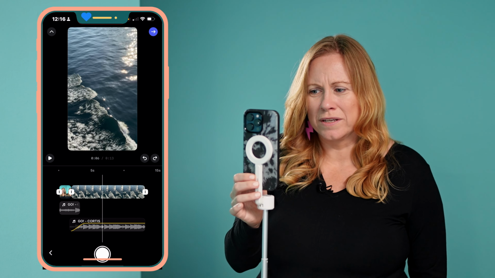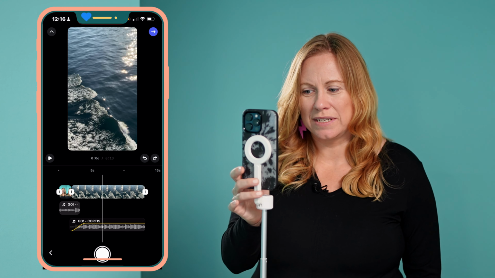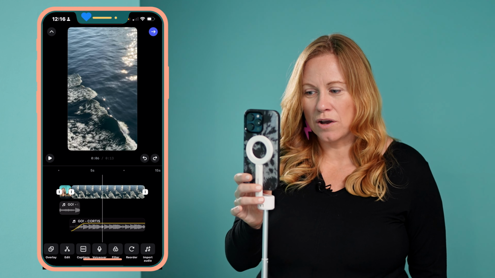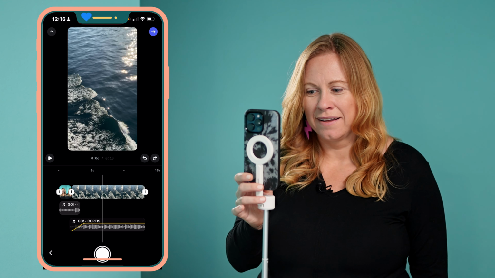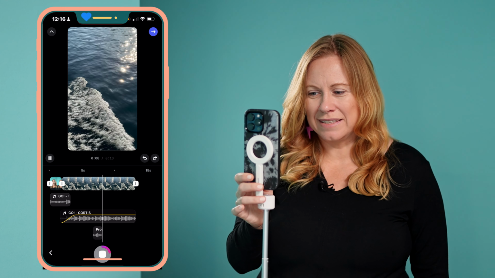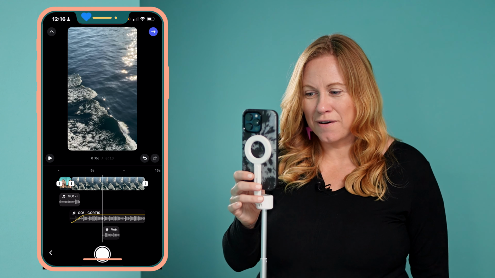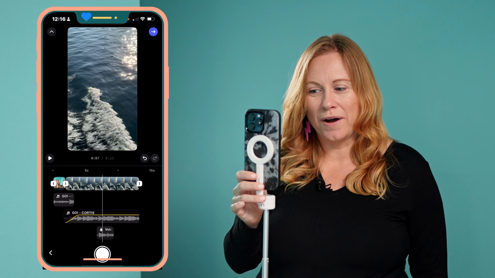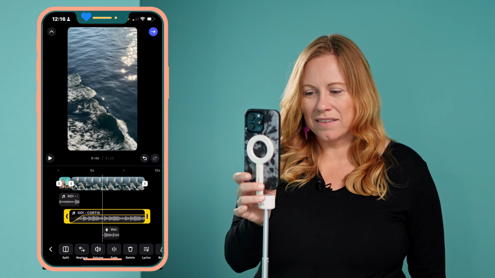Say I have a voiceover I wanna add here, and then I want the music to go with that. So I'm gonna go over to voiceover, click on that. This allows me to start my voiceover. So I'm gonna start my voiceover and say something here. And say for that voiceover, I do not want this music. So I can just click on the music,